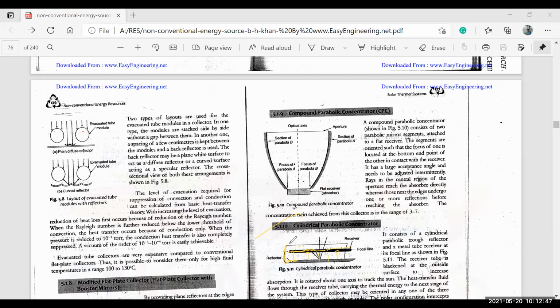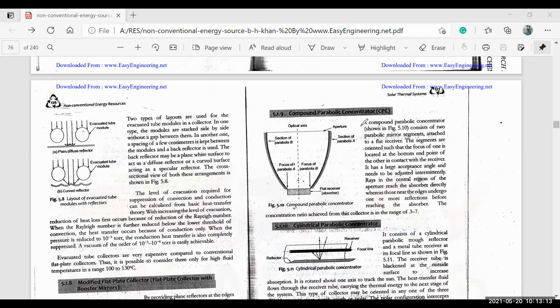Okay, instead of directly heating the outer surface by the sun, what it does is concentrate. These are the reflecting plates, which reflect to this part and it heats. Similarly for this part.